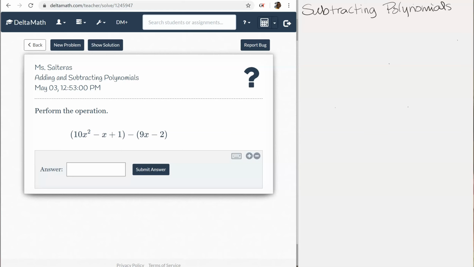Hi guys, I'm going to go through two examples for subtracting polynomials on Deltamath. The first one is going to be just an expression, versus the second one's going to be with words, all right? So the first example here, all you're going to do is keep the first part